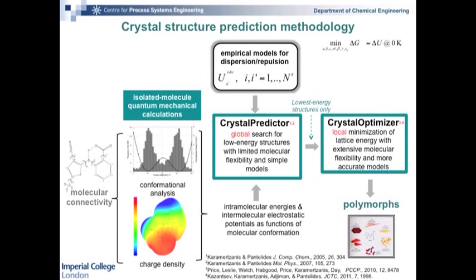I then got involved in this area, working with Panos, Kostas and Andrei Kazantsev, and also using the code of Sally Price at UCL. And we developed a code called Crystal Optimizer, which takes the results of this algorithm here, the best results, and for each one of those uses a more accurate model to try and re-rank and identify in which order, which is the lowest energy structure, and to refine all of the structures. And so from that, then we can postulate which are the most stable structures. Okay, so we've applied this overall methodology to quite a few problems.